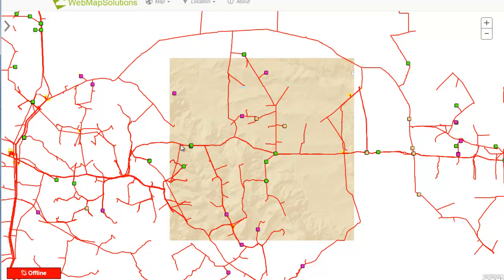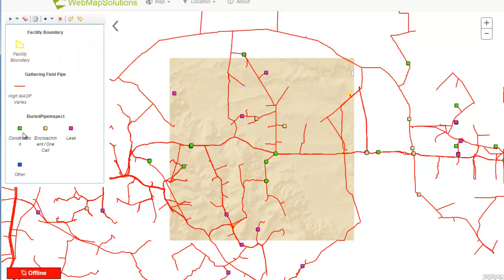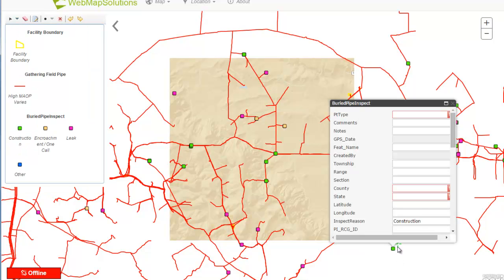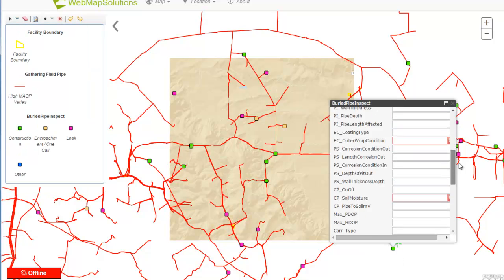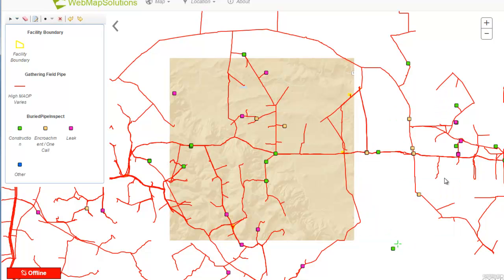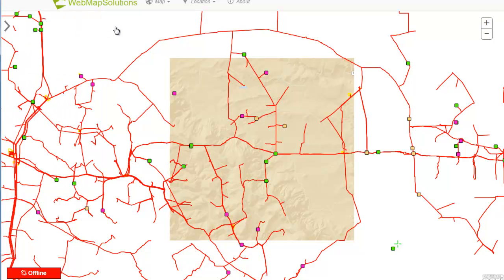Why don't we go ahead and just drop a point on this in the application here. So let's go ahead and I'll just drop a construction point and we'll pop it down here. Now you'll see that we've got the attribute inspector that comes up. I'm not going to fill out any fields. You'll actually see there's a cross there that shows that this is a feature we've added, but we've added it in offline mode. So what we want to do is go back online and actually add that feature to the service that we've got in ArcGIS Online. I'm simply going to collect this,